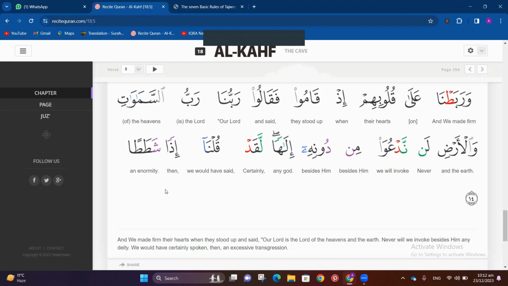Idhan shatata. This sha letter has the quality that the air spreads out in the mouth, like sha, sha, like idha shata ta, and then ta and ta two times. Ta, we are going to say it with strength. Ta, ta. And again, we're not going to shape our lips round. We are going to rather raise the back part of our tongue to make it sound heavy. Then ta and ta. إذا شطط.